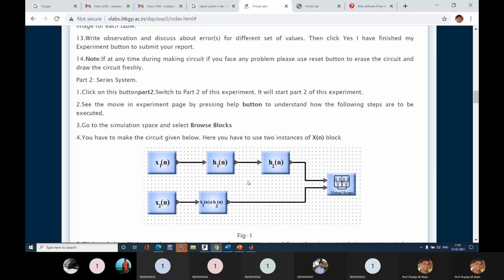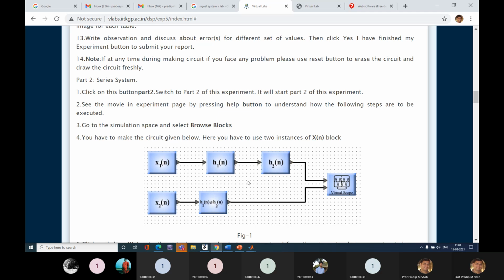Now the second part is about one of the properties of an LTI system, and that property is the series connection of LTI systems.